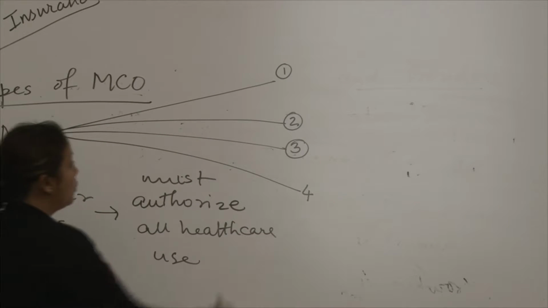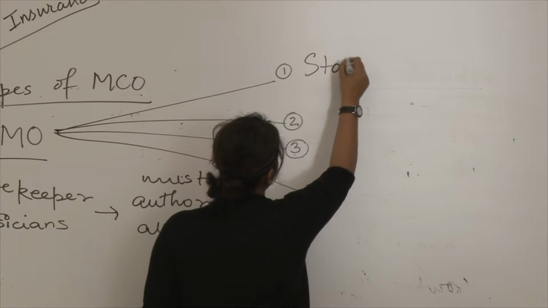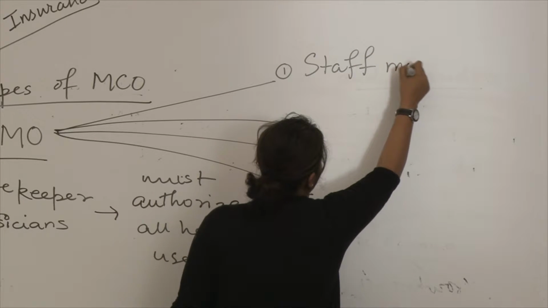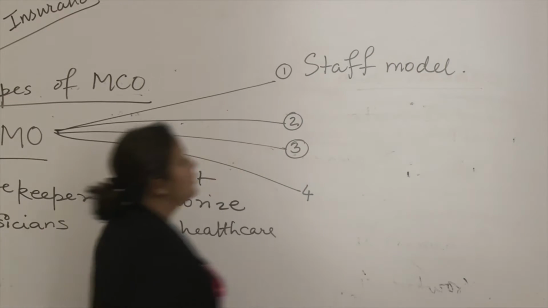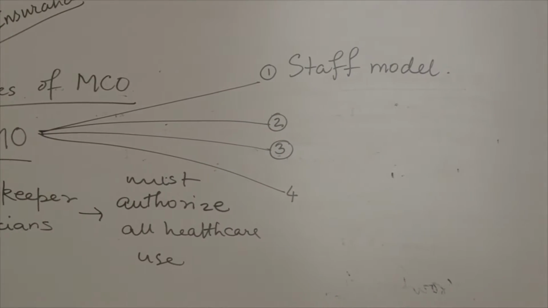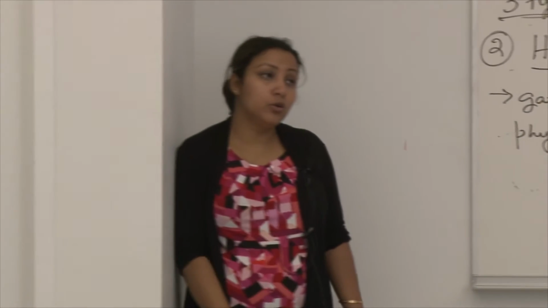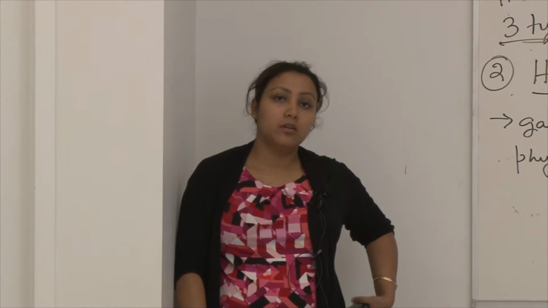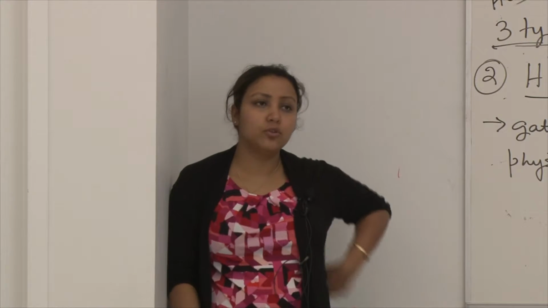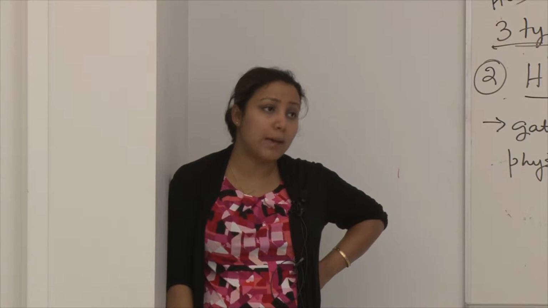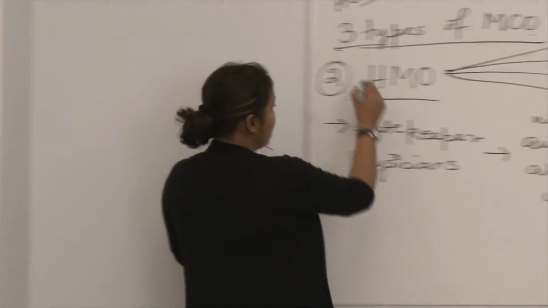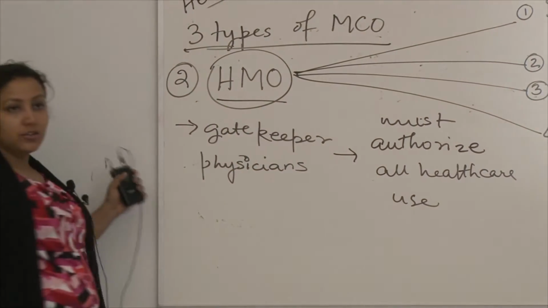The first HMO is called the staff model HMO. And all of this is in the notes that I have uploaded already, Lecture note 8, right? So in the staff model HMO, what happens is this organization, this parent organization, the HMO